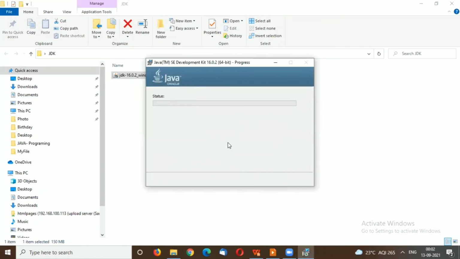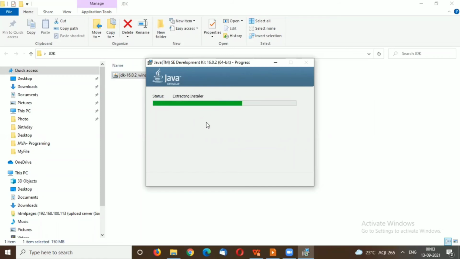It will validate some components and take some time to install Java in your system. There is a progress bar. It will take some time to install and download all the components related to Java, and after that it will copy new files and install in your system. Extracting installer.